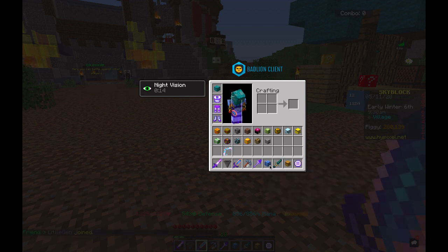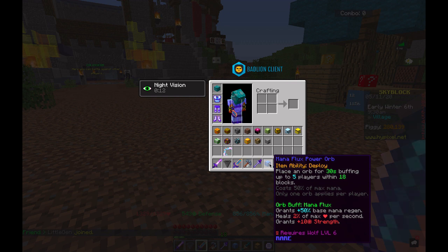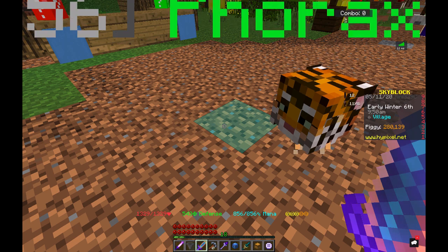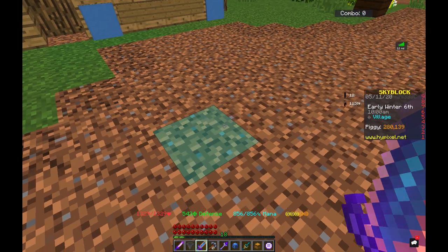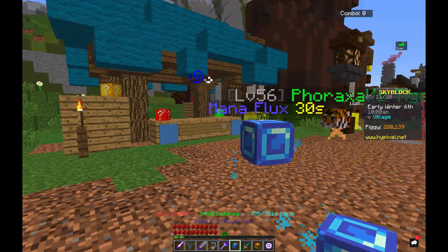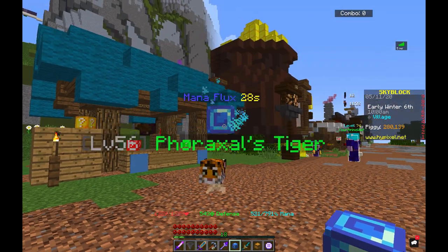Now, lastly, we have the Mana Flux Power Orb. Its item ability is Deploy. Place an orb for 30 seconds, buffing up to 5 players within 18 blocks. Cost of 50% of mana, so one orb applies to every player. Since I have 556 mana right now, it would cost me 428 mana. Once you right-click this on the ground, this orb will appear, and it lasts for 30 seconds,